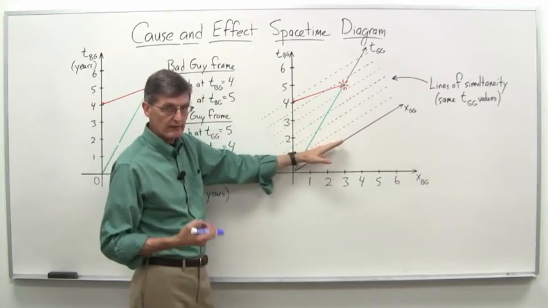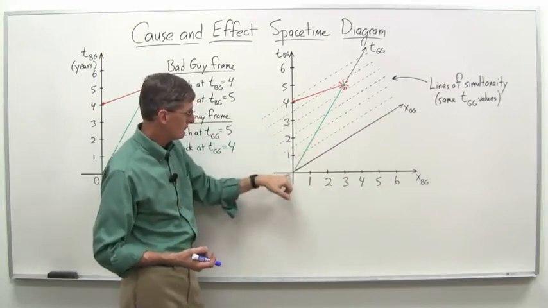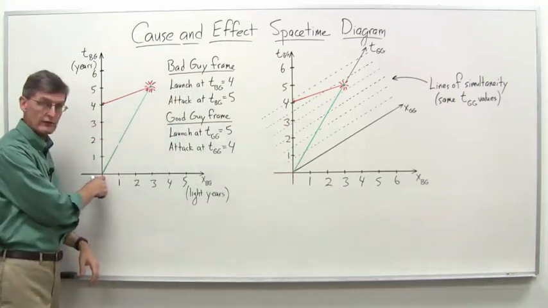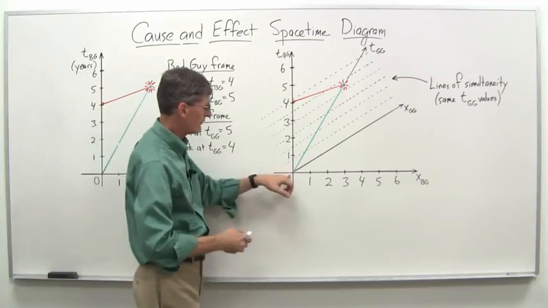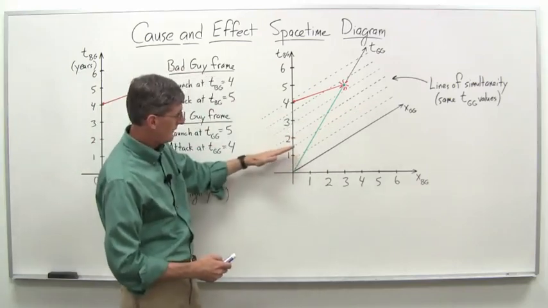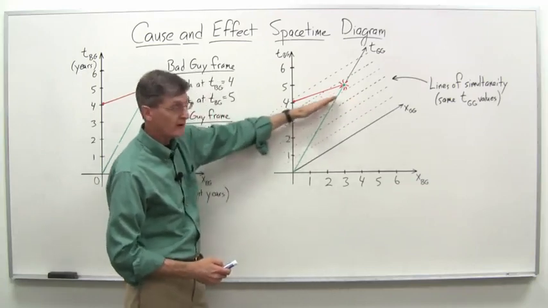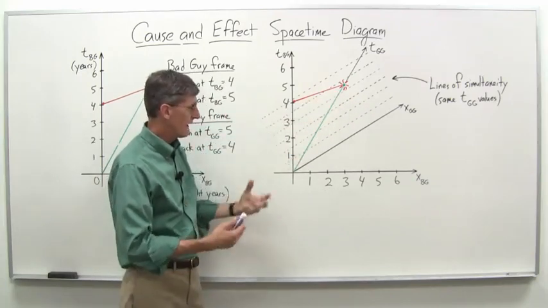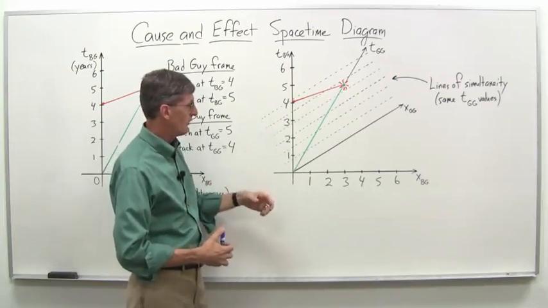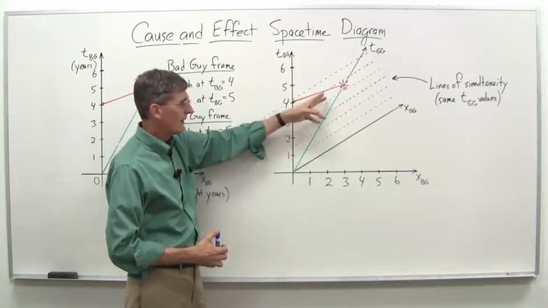In the good guy's frame, that happens at t equals 0. And note, that's when they set off from the planet. We define that as our origin point. So that's at 0. Then here is a little while later, this line, and then a little while after that is this line, and so on and so forth. And that tracks their measurement of time as they move along. So what happens here then?